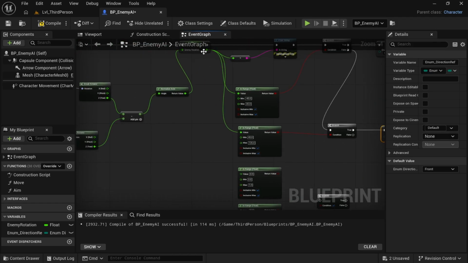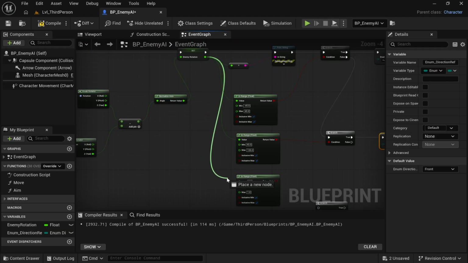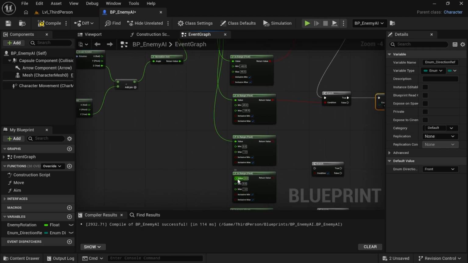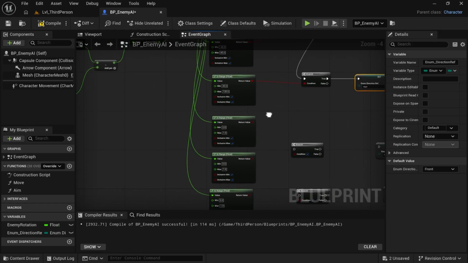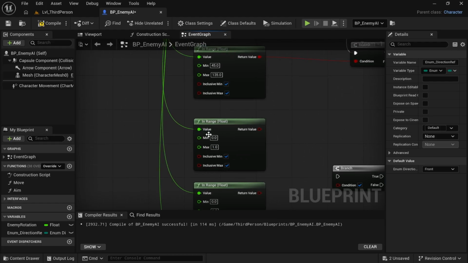Okay, so the next thing is we need to set up the back. Remember to drag over here to here and here to here. I just drag everything and connect with the enemy rotations here. As for this one, we just need to set it as